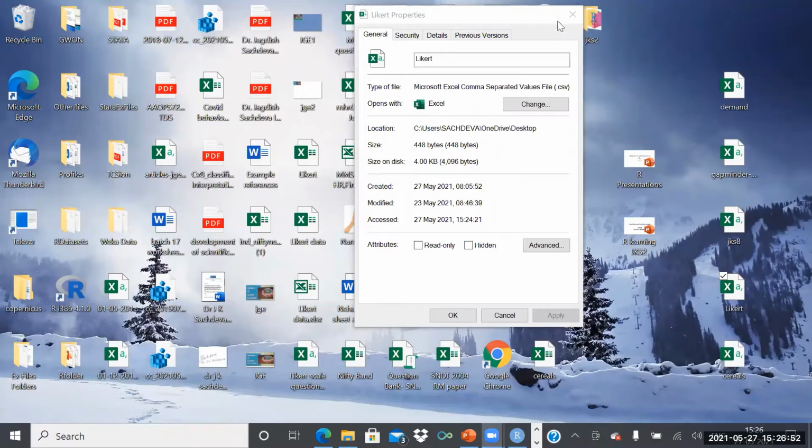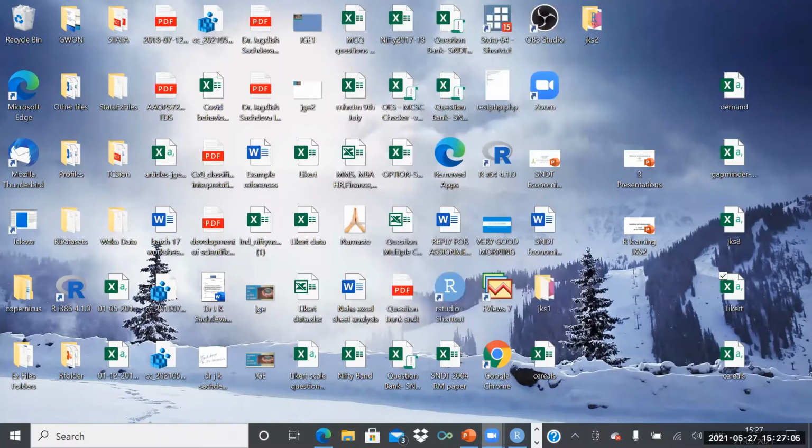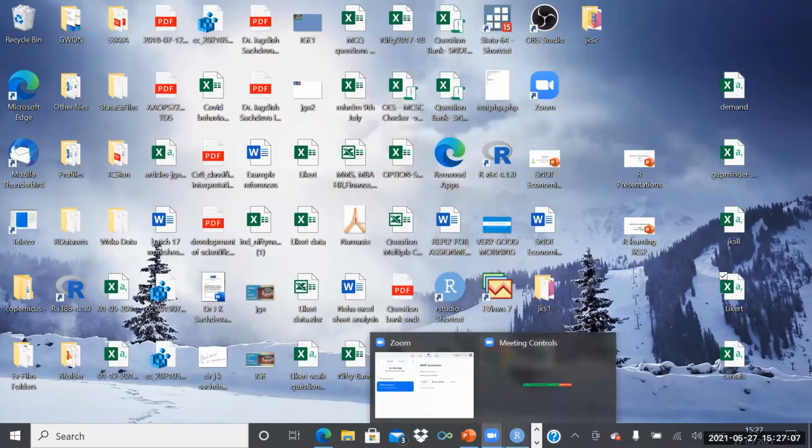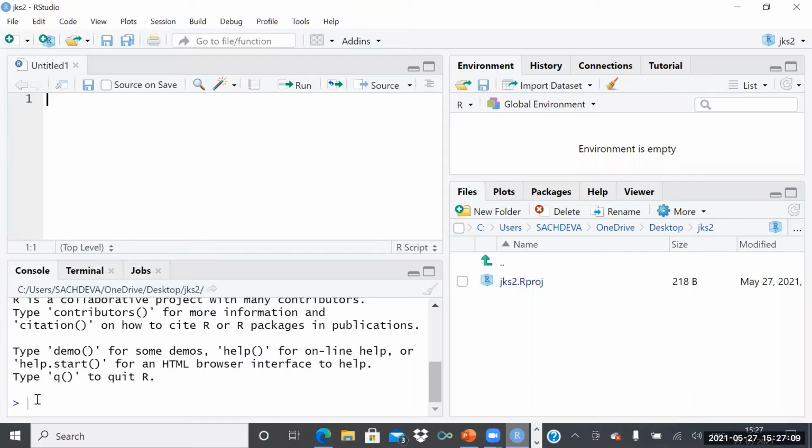So this is the file location I have noted down, because I can copy it, but while copying there is always some problem. So I will write it with my own handwriting in the file.